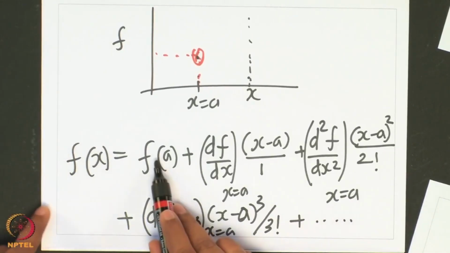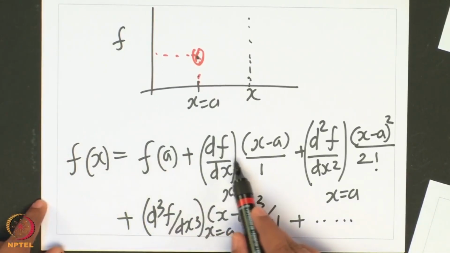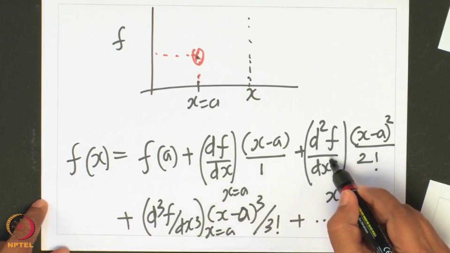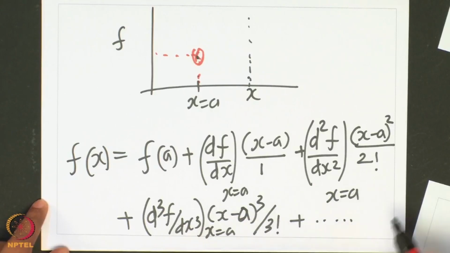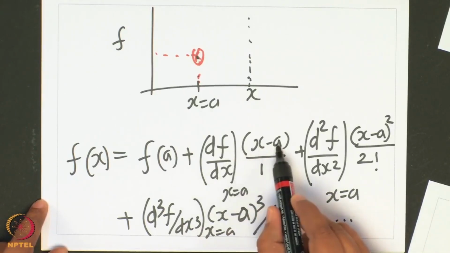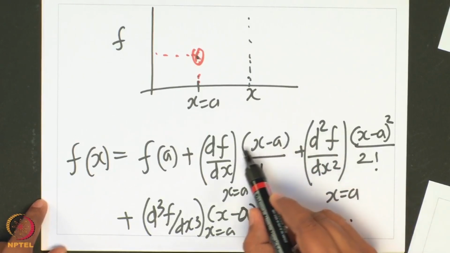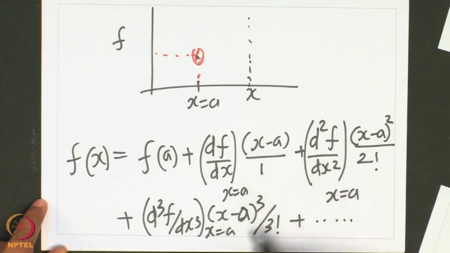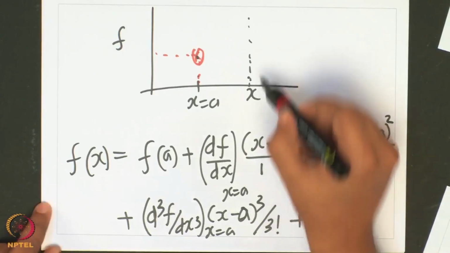So if I know the function at a, its slope, its second derivative, its third derivative and all derivatives, each derivative I multiply with x minus a to the power n, for the nth derivative, and divide by n factorial and sum this way,